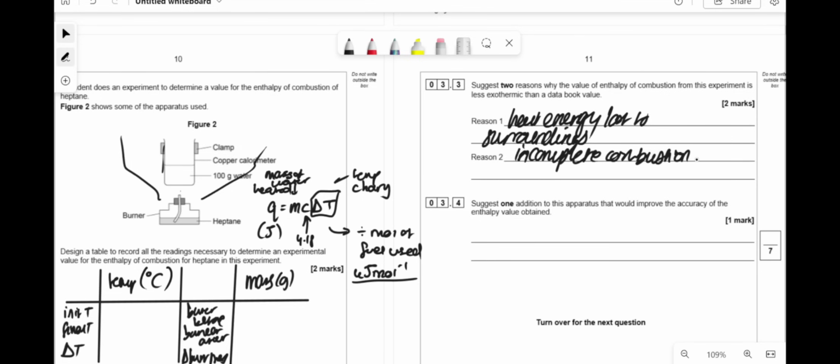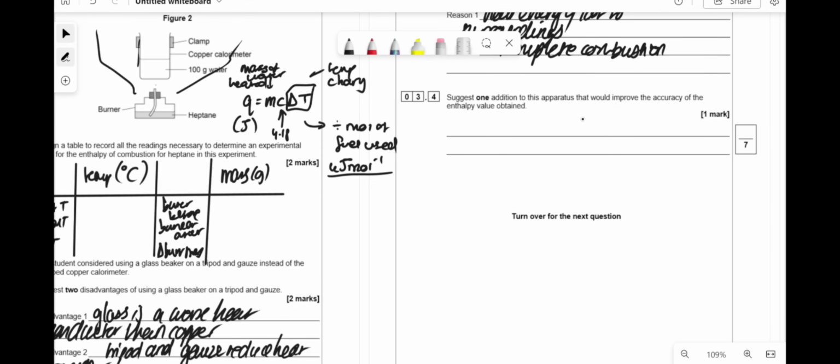combustion. So just one addition to this apparatus that would improve the accuracy of the enthalpy value obtained. I mean, probably just putting a lid on might help. Put a lid on. Other things you can talk about is using a windshield or insulating the sides of a